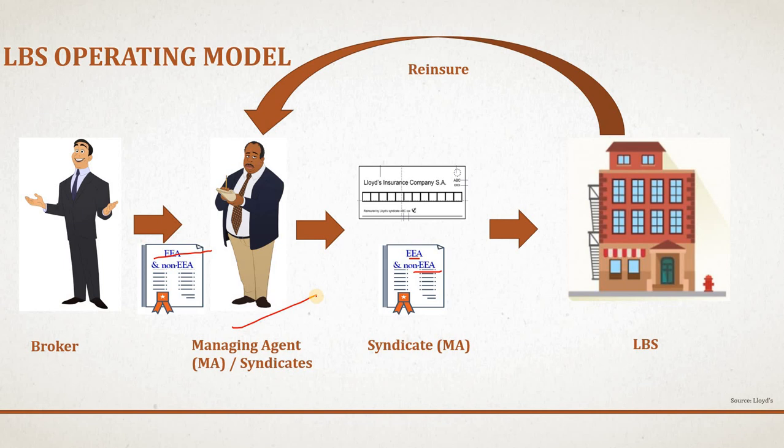The LBS system will receive the USM and SCM from the XIS. If you are not aware of the SCM and USM, you can go back to my previous video presentation where I discuss the messages. The XIS will send the underwriting signing message or claim messages, which are syndicate claim messages, directly to the LBS, and also issue the RIUSM and RISCM back to the managing agent. So LBS will write the insurance and then reinsure back to the managing agent, and the managing agent will receive the RIUSM and RISCM.